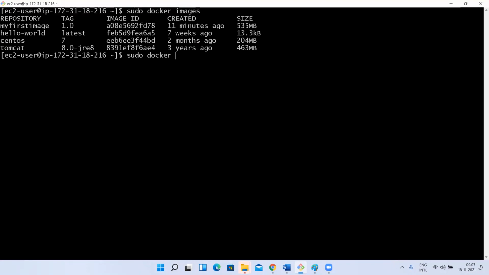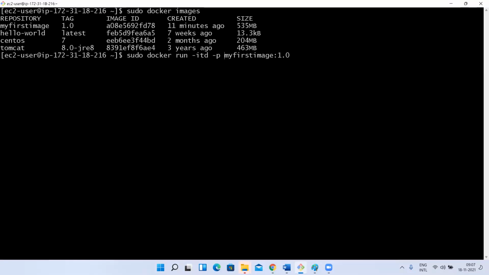So what we have to do is docker run my first image :1.0. I have to give the tag 1.0. But I want to run it in detached mode, -itd. Because if I don't give this, it will start the console, like when we start Jenkins everything shows in the console logs, right? If I close the terminal, my container also will get stopped. I don't want to do that. I want my container to be running in the background, so I keep -itd.